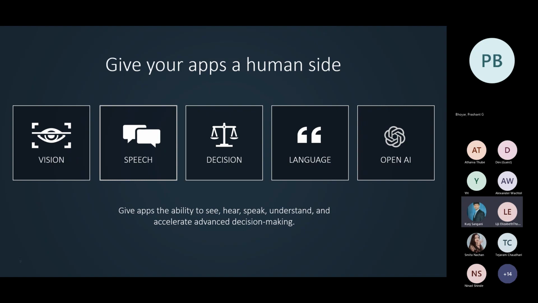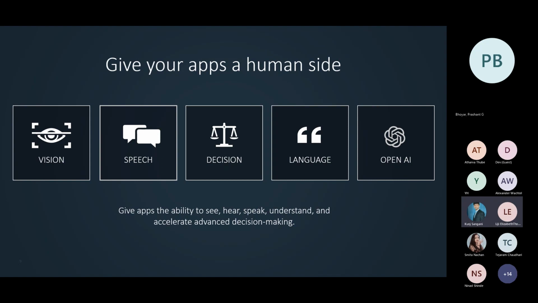cognitive services have, at a very high level, these 5 branches or 5 categories, as they would call them. There's vision, there's speech, there's decision, language, and as of late, OpenAI. So if you've played with DALL-E, or if you've listened to the new Ignite announcements, it's all coming to OpenAI. It's very exciting. But all up, what these APIs are able to do for you is this: it gives you the ability to see, to speak, to make quick, accelerated decisions, and to understand language.